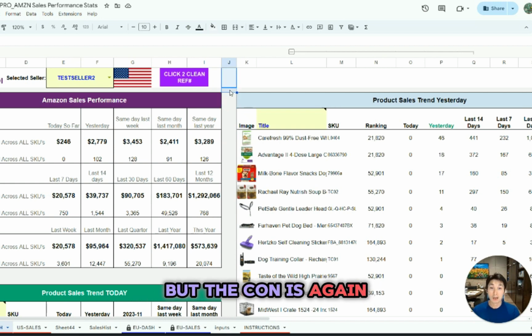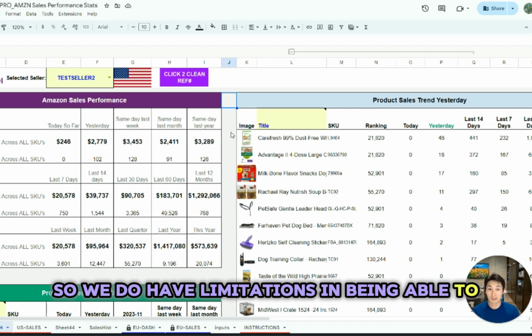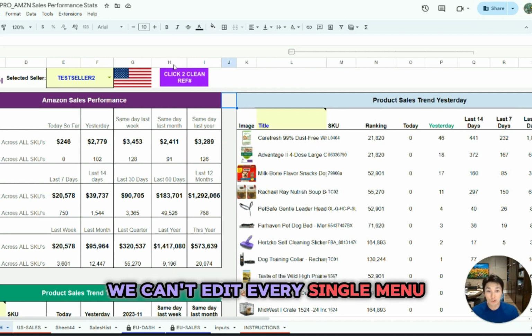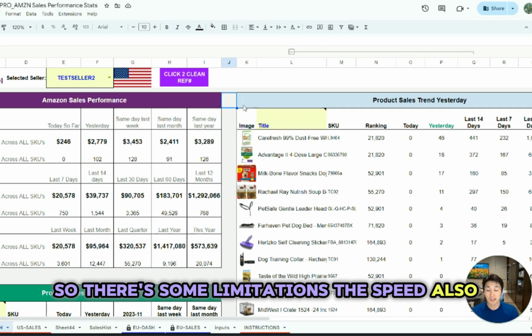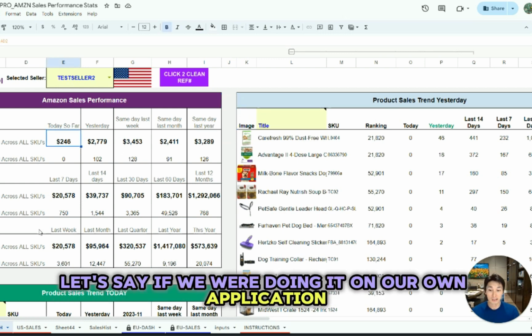But the con is, again, we're built on top of Google Spreadsheets, so we do have limitations in being able to do certain things. We can't customize and do whatever we want. We can't edit every single menu, etc. So there's some limitations. The speed also, it's not going to be as fast as, let's say, if we were